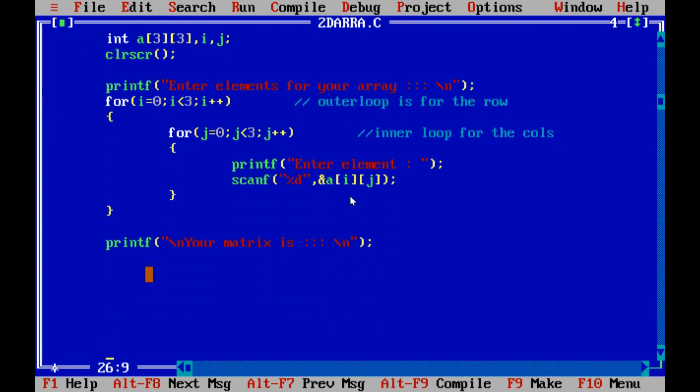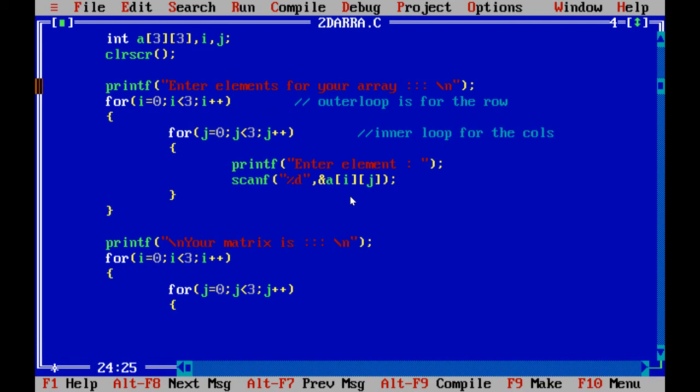And yes, we have stored 9 elements and now we want to fetch all these 9 elements, right? The same logic we'll use. Again we'll start with i is equal to 0, i less than 3, i plus plus, then the inner loop for j, that is j is equal to 0, j less than 3, j plus plus.